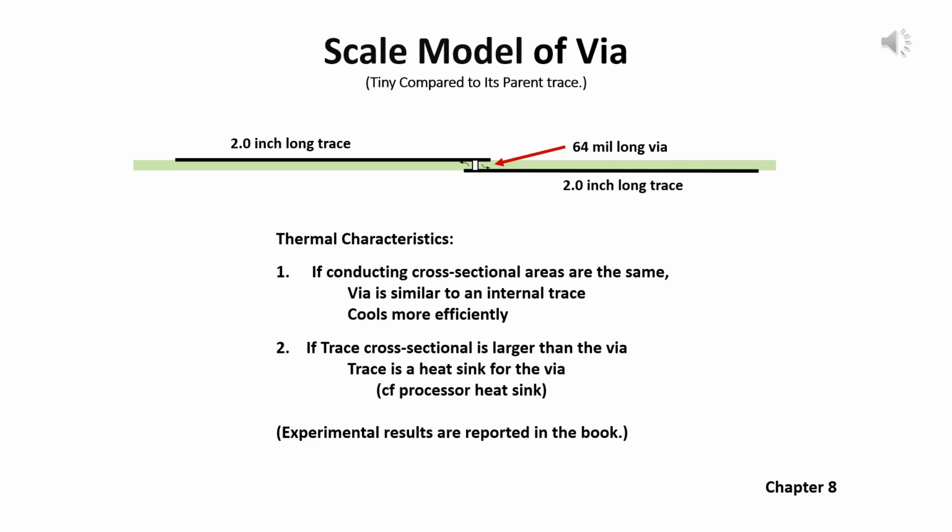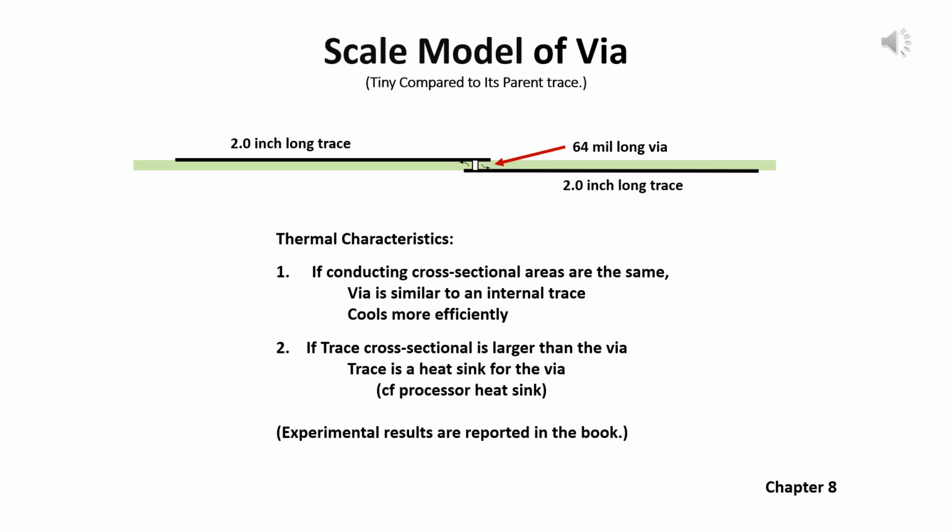If the cross-sectional area of the via is the same as the cross-sectional conducting area of the trace, then the via looks like an internal trace. One of the things that IPC 2152 showed us is that internal traces are cooler than external traces. The via is similar to an internal trace, it cools more efficiently, and that's why the via is cooler than